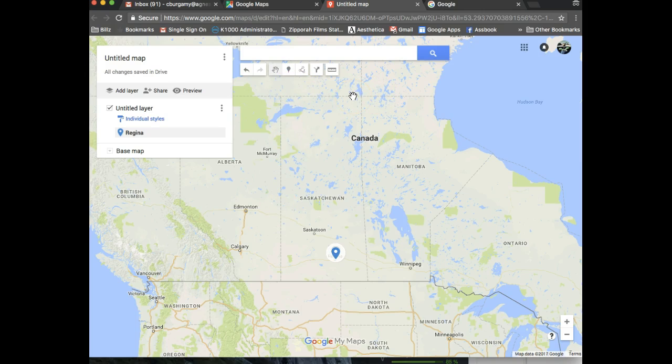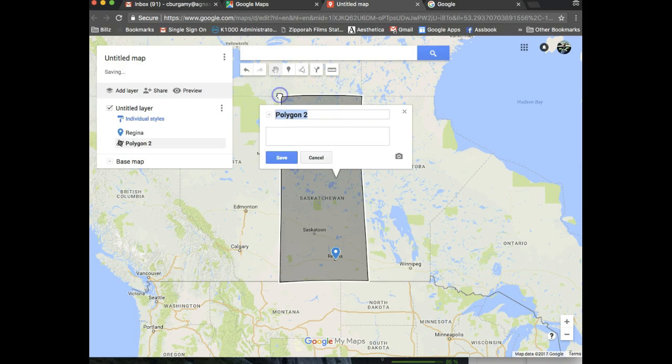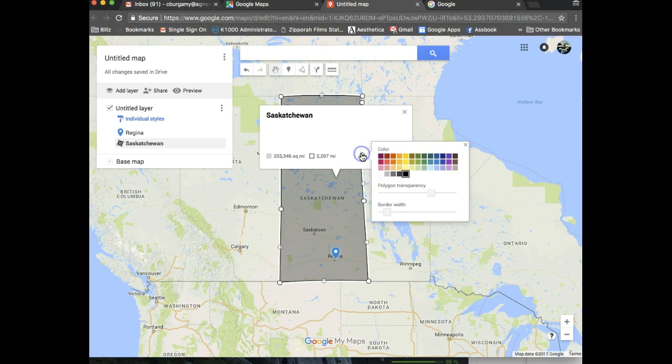Now I also want to highlight this so that Saskatchewan stands out. And I chose Saskatchewan because it's more or less rectangular. So I'm going to click on Draw a Line. And I'm going to just put a few points on it. Like this. You would need many more points if you were to pick a more irregular shaped state or country or province. There we go. I'm going to label this Saskatchewan